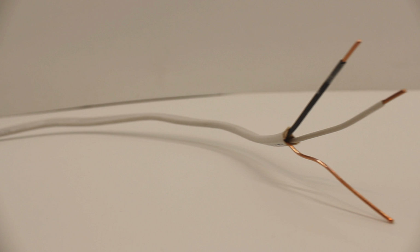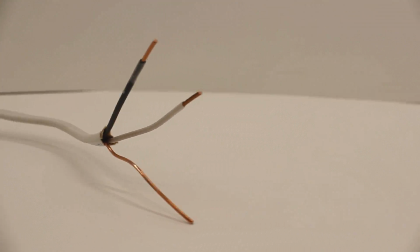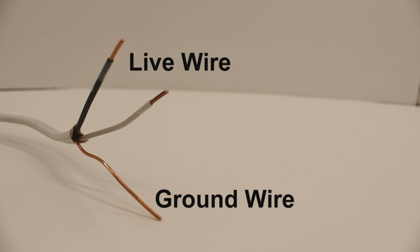Alright, so because you are working with 120 volts of electricity, your first step will be to turn off the power. Now let's take a look at the Romax cable coming from inside the wall. There will be 3 wires inside the cable sleeve. The black wire will be your live wire, the copper will act as your ground wire, and the white will